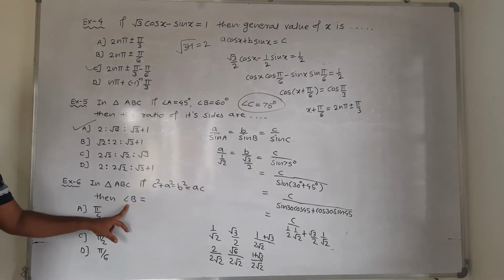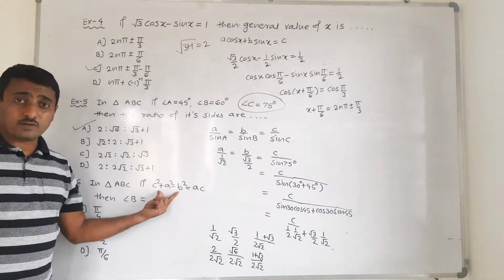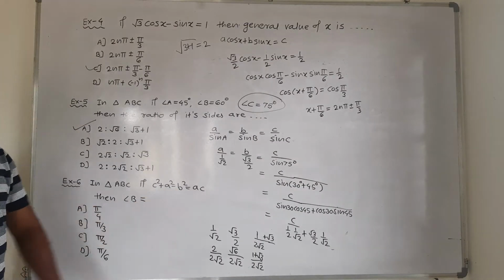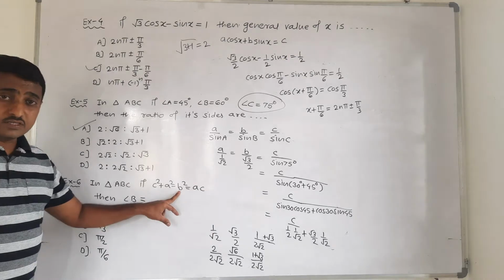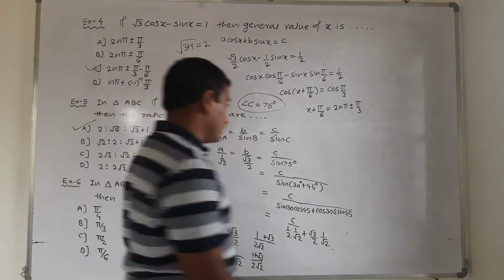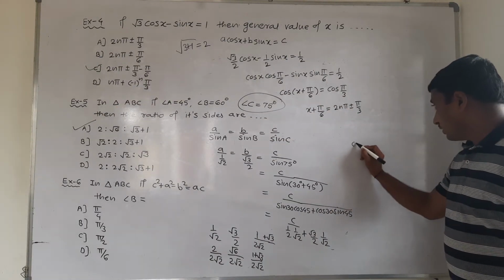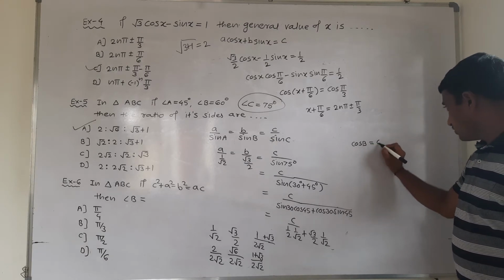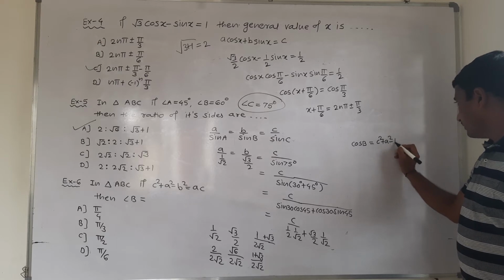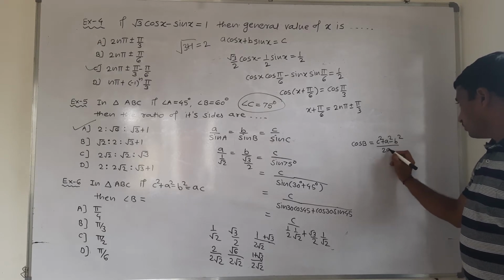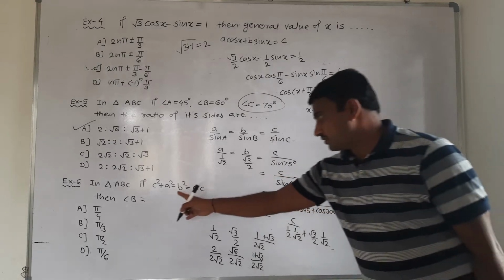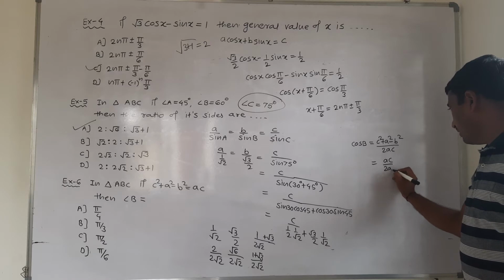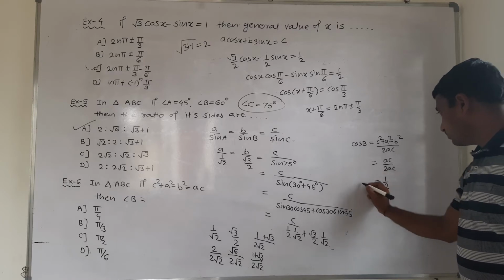then angle B is equal to. Square comes in, so it is the cosine rule, which has squares. c square plus a square minus b square, the angle subtracted is B square. Therefore for angle B we can write by cosine rule. Cos B is equal to c square plus a square minus b square upon 2ac. Now its value is given, c square plus a square minus b square as ac. Therefore numerator ac upon 2ac. ac gets cancelled, 1 by 2 is cos B.